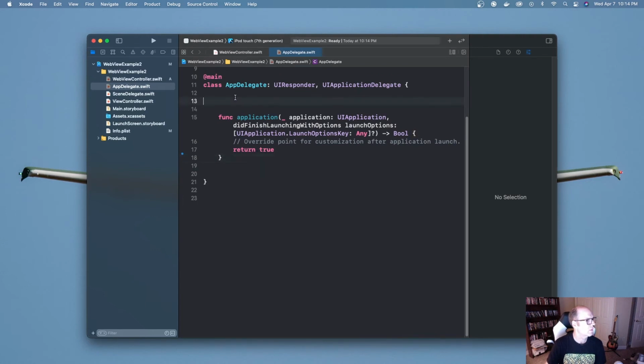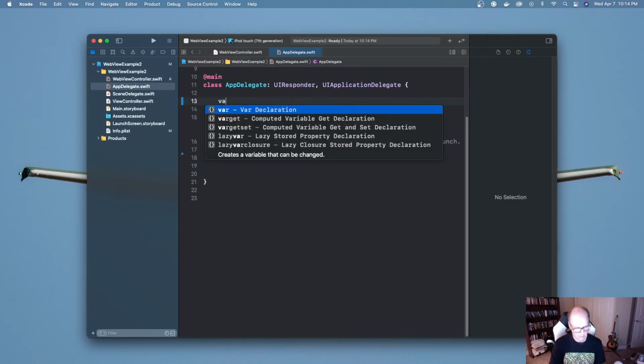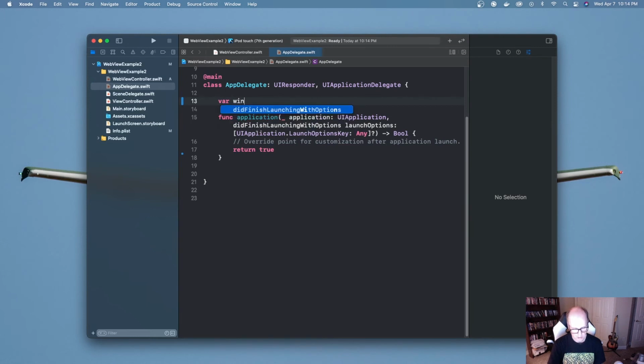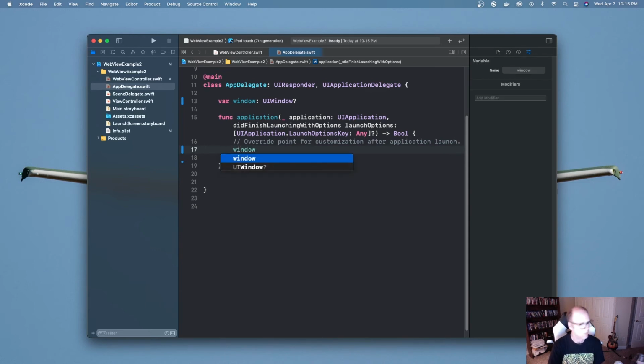And then I'm going to define a window property, and we're going to make this UIWindow. Then inside of didFinishLaunchingWithOptions, I'm going to create a new instance of the UIWindow. The way we can do that is I can say window is equal to UIWindow,